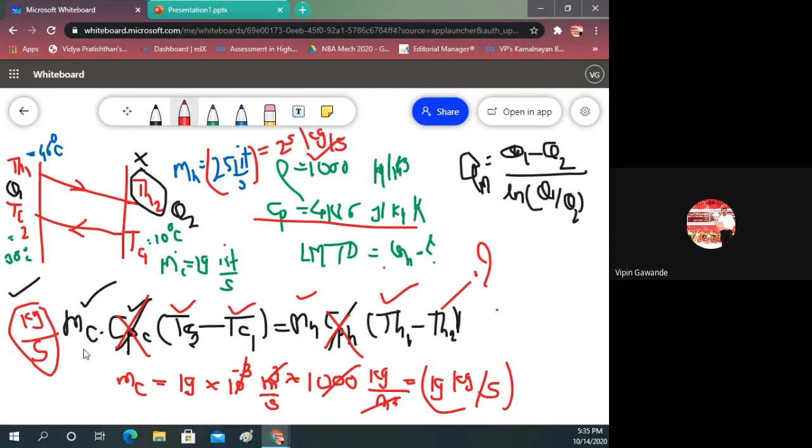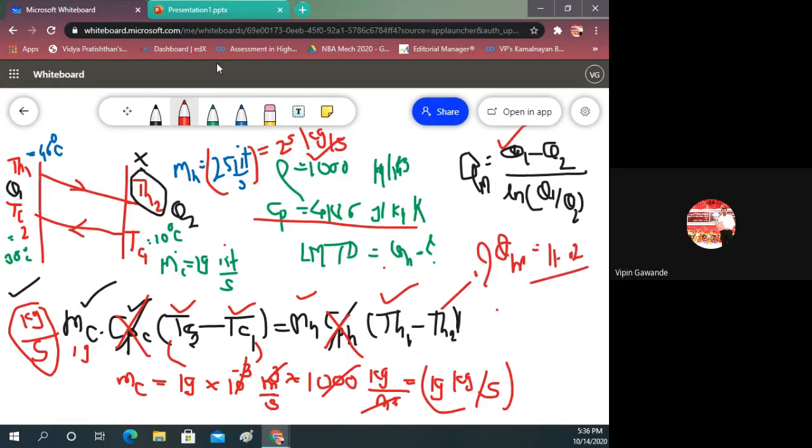Okay. Now put the value here. This is 19. You put the values of this one here and calculate the value of TH2. If you calculate the value of this TH2, it comes out to be 14 point something. I have not calculated the value. So just make the calculation of this one and put those values here. So theta m, I'm giving you the final answer. This comes out to be 11.02.